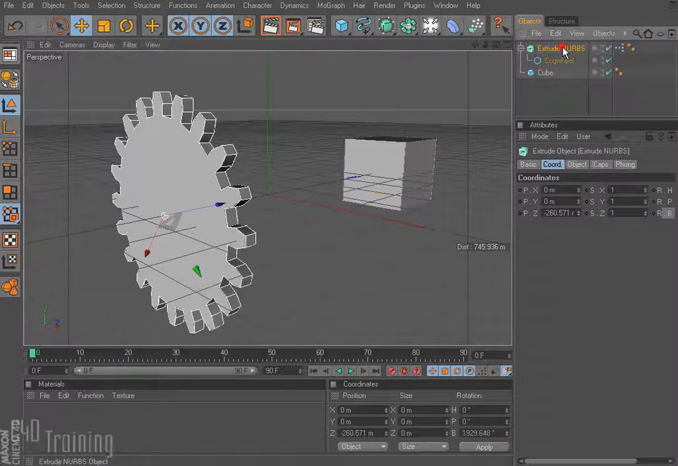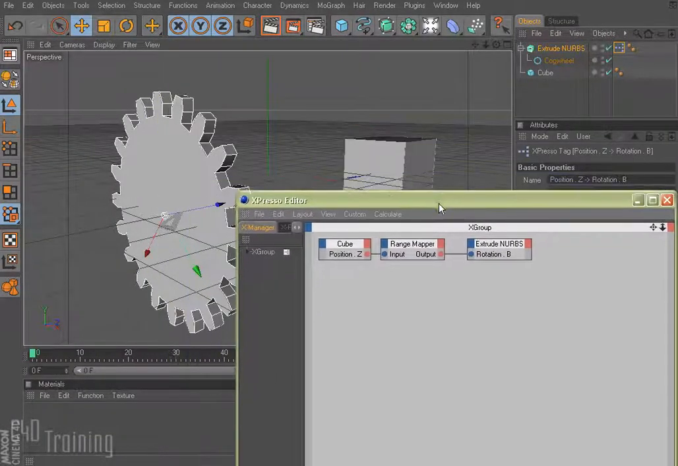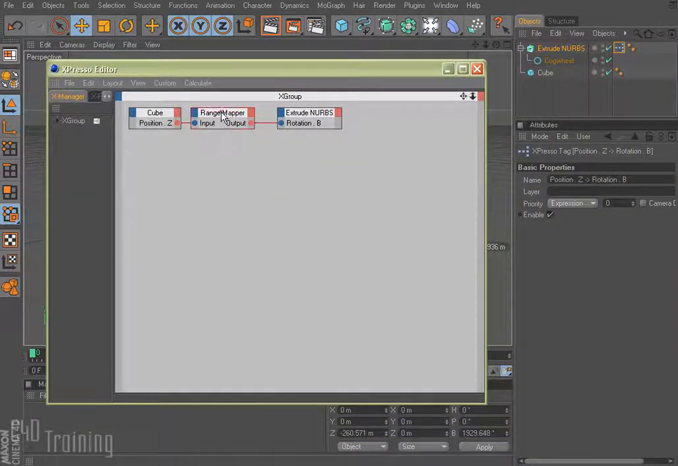And you can see here on my extrude nerve there was this little tag added, and that's an Xpresso tag. So if I double click on that, you can see here it builds the Xpresso for you. The Z position of the cube is going into the range mapper, and what a range mapper does is it says, okay, I want to take this value and translate it to this value. And the value that we want to translate it to is the rotation for the extrude nerve, or our gear. So if I select on my range mapper here,